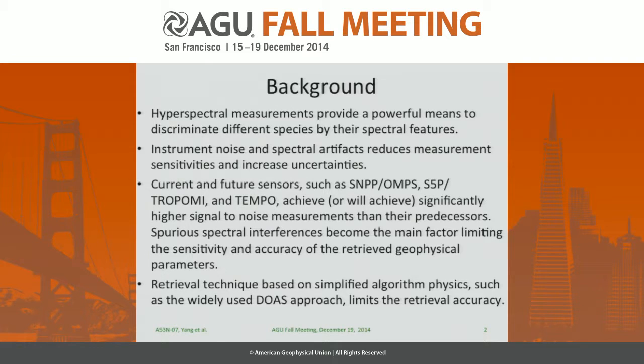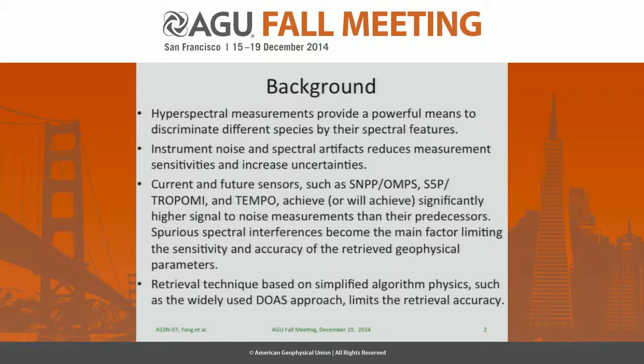With current and future sensors, the signal-to-noise ratio is increasing, so we have better instruments with a higher signal-to-noise ratio. And the limiting factor that limits the accuracy of the retrieved quantity is now not the noise, but the spectral interference,